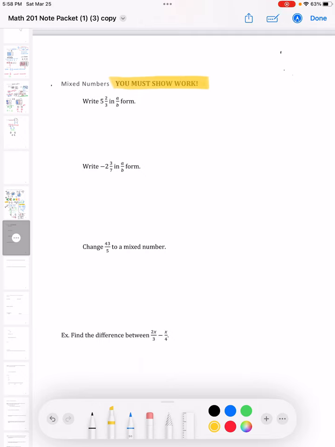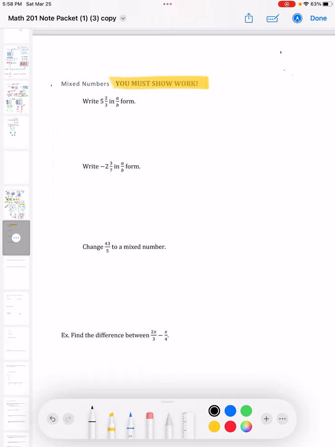You have to show work. And that's because you need to be able to explain the steps. I can't be inside your head to know if you understand the steps. So the only way I can grade and make sure you understand the steps is to show work. So if you just have an answer down here for these, in all honesty, I'm not going to give you credit for them. So even if you have the right answer, when I go to grade your work,